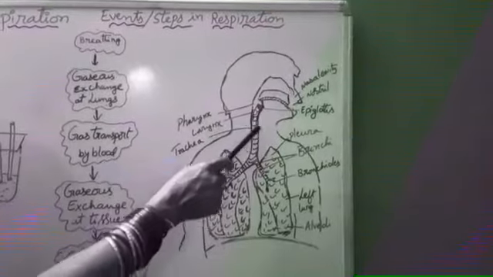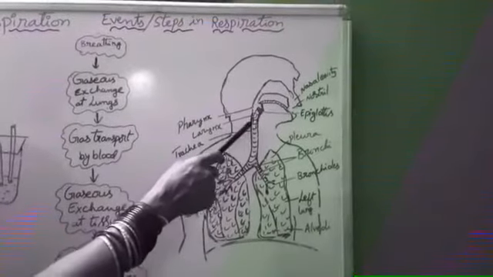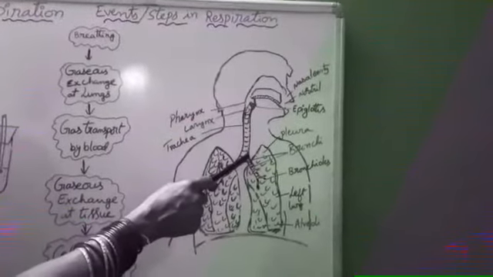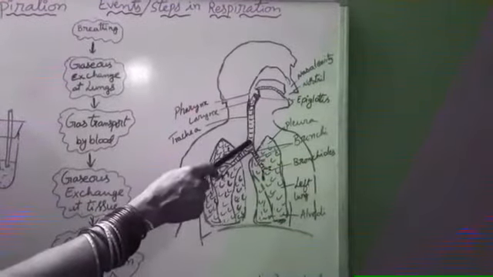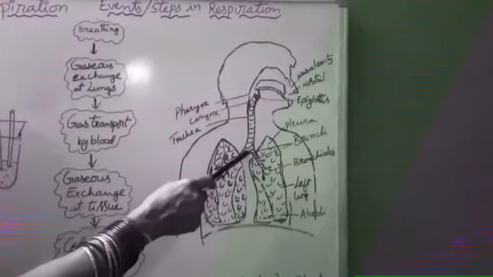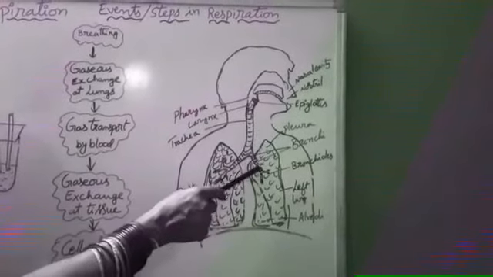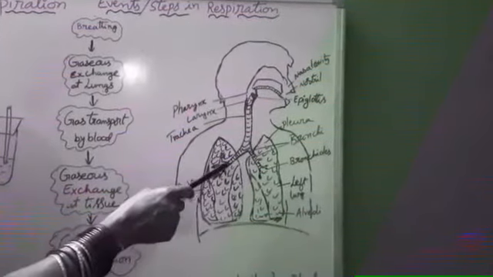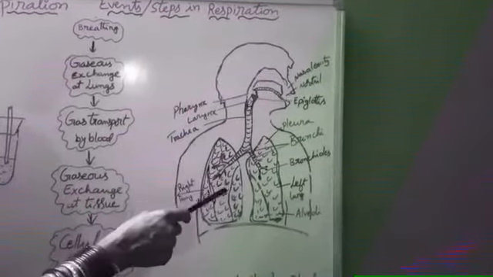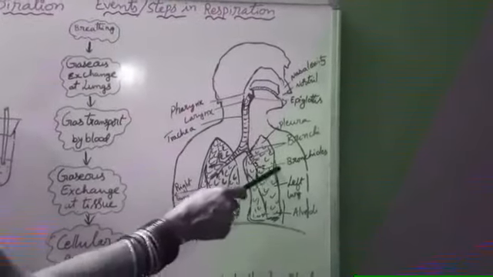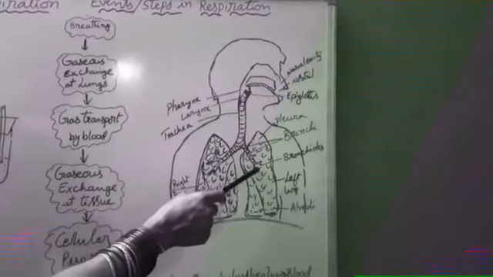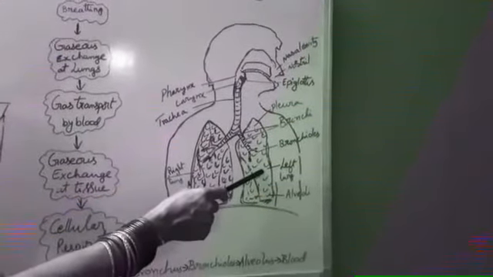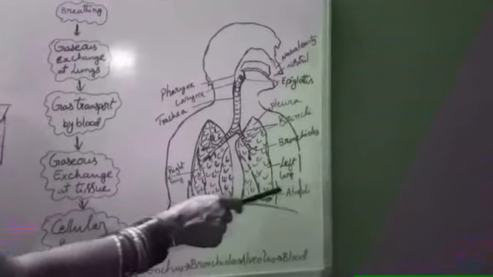Next, this is called the trachea or the windpipe, which has C-shaped cartilaginous rings. These rings help the windpipe not to collapse. When it enters into the thoracic cavity, it has two branches. We call them bronchi. These bronchi enter into the lungs as small hair-like branches called bronchioles. Each bronchiole enters into the structural and functional units of the lungs called alveoli. Alveolus is singular, alveoli is plural.